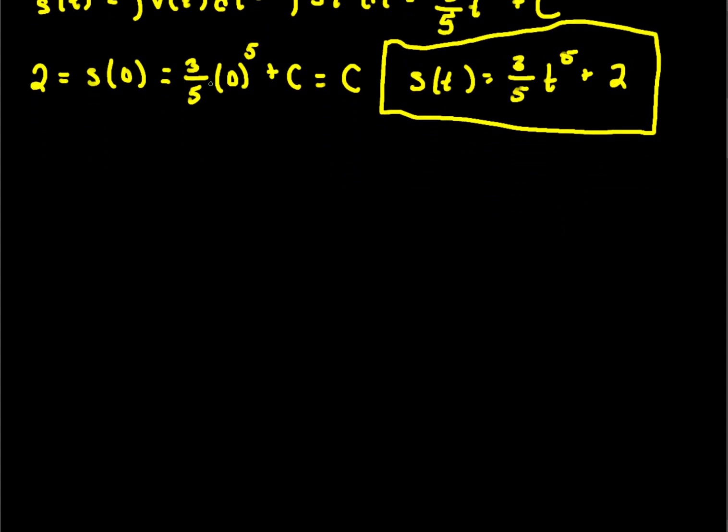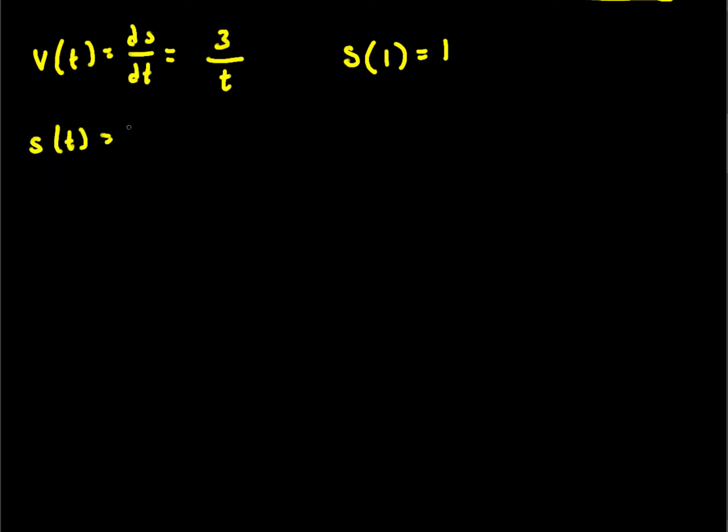Let's look at another example. Let's say that velocity, which is again the derivative of position with respect to t, is given by 3/t, and we know that s of 1 is 1. So then our position function is the indefinite integral of 3/t dt, which we know now is 3 natural log of t